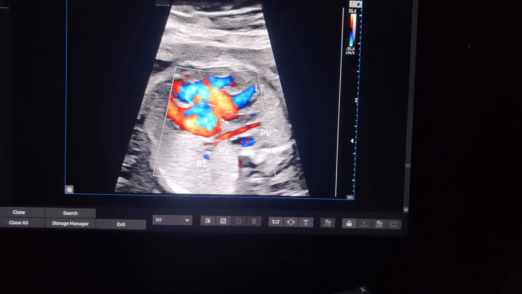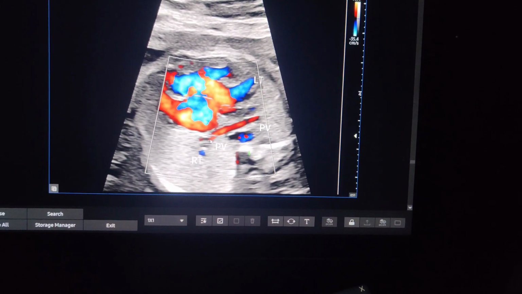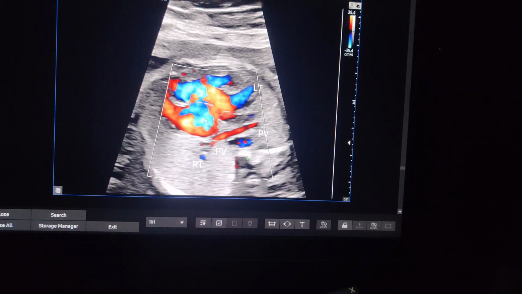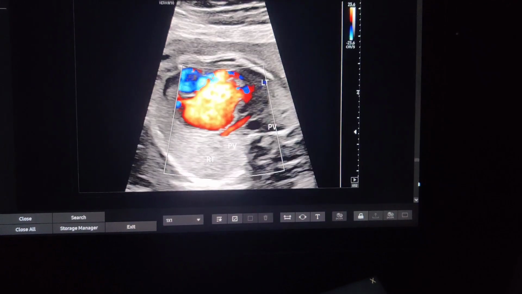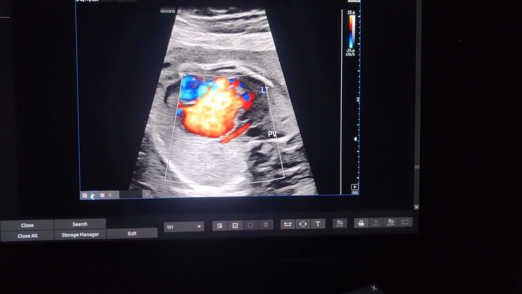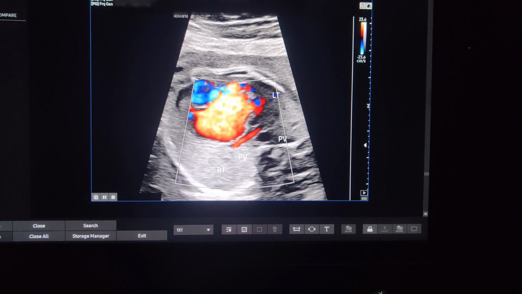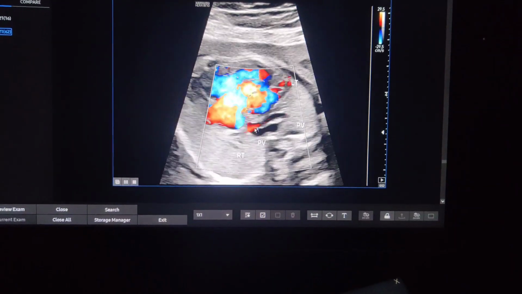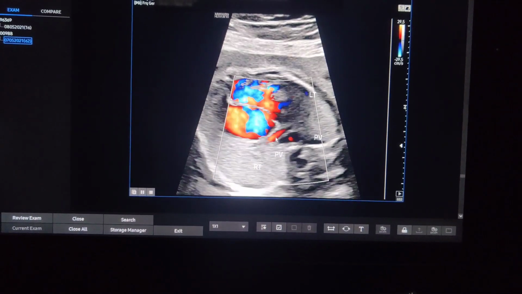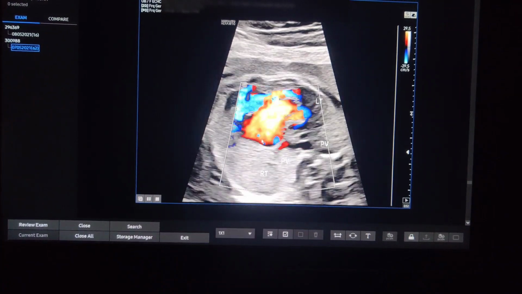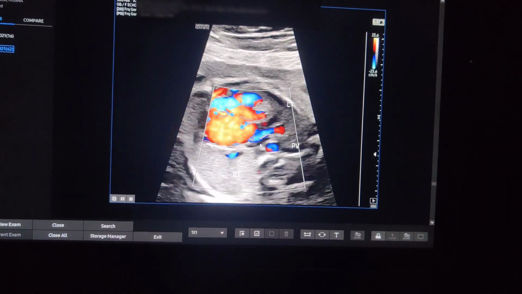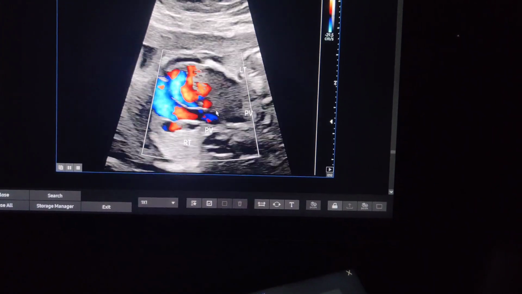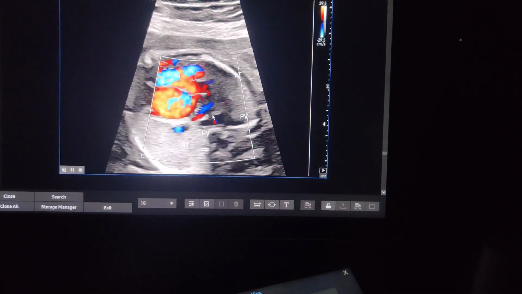Then I use the color Doppler to show and interrogate this linear vessel crossing from left to right side between the heart and the aorta. So there is venous flow in that, there is slow flow, and I realize that this is the right pulmonary vein, that's the left pulmonary vein, and both the pulmonary veins have joined together behind the heart, and they are not entering the atrium. So I get a clue that there could be an anomalous pulmonary venous drainage. Since both the pulmonary veins are confluent behind this, looks like a total anomalous pulmonary venous drainage.